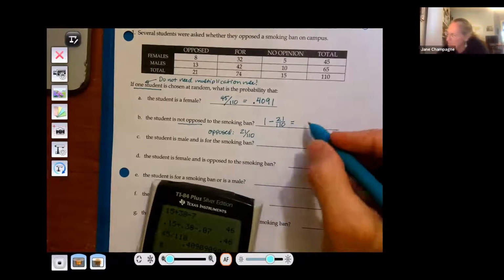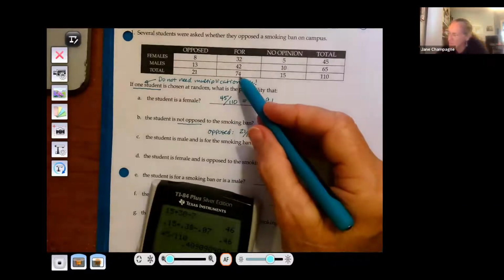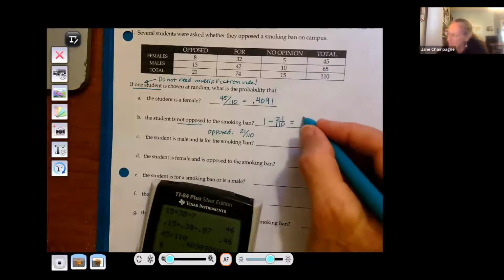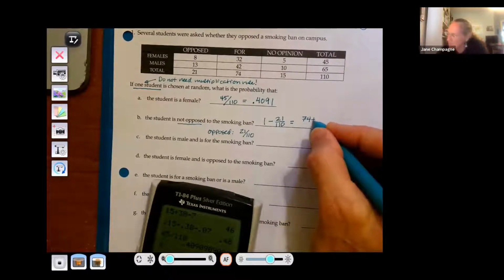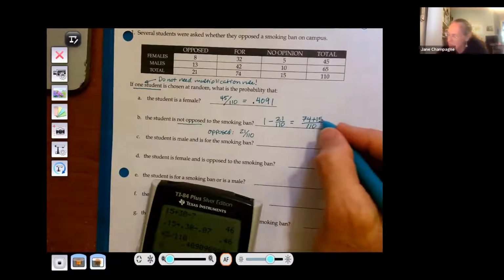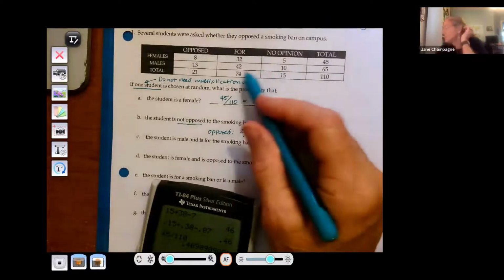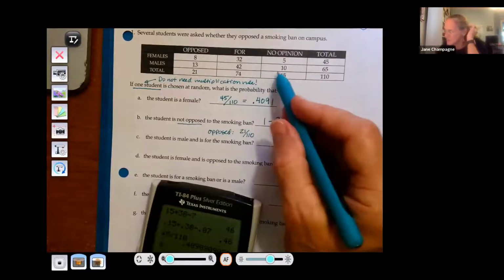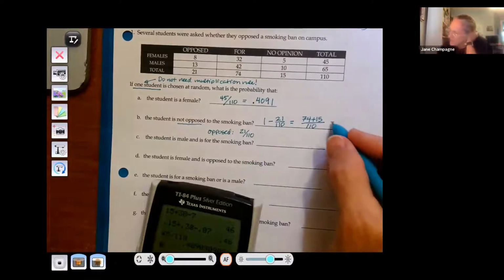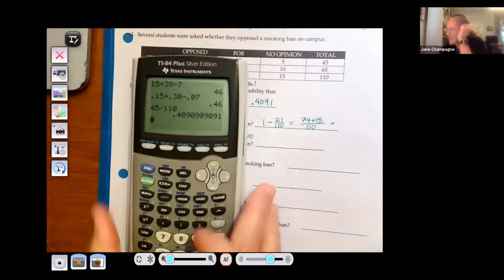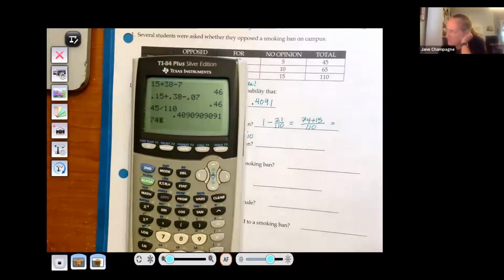Right? Or you could say, well, that's either for or no opinion, right? You could say, well, that's the same thing as 74 plus 15 out of 110, which is actually the addition rule for mutually exclusive categories, right? These categories are separate and mutually exclusive. Either way, you're gonna get the same thing, right? 74 plus 15 is 89 out of 110